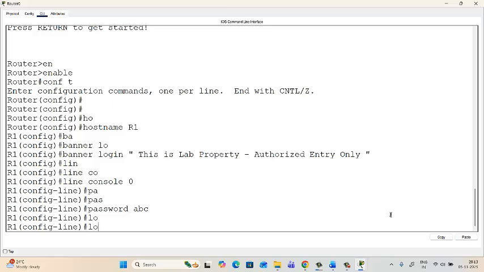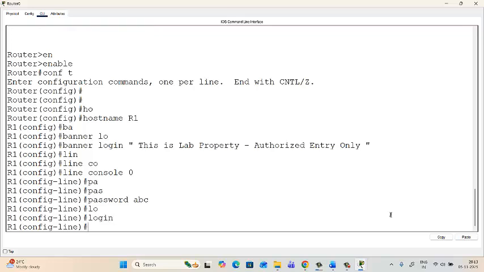Without fail, you have to say this keyword login. If not, it won't be effective. It won't verify someone logs in. It won't verify unless you put login. During the login time, this password needs to be